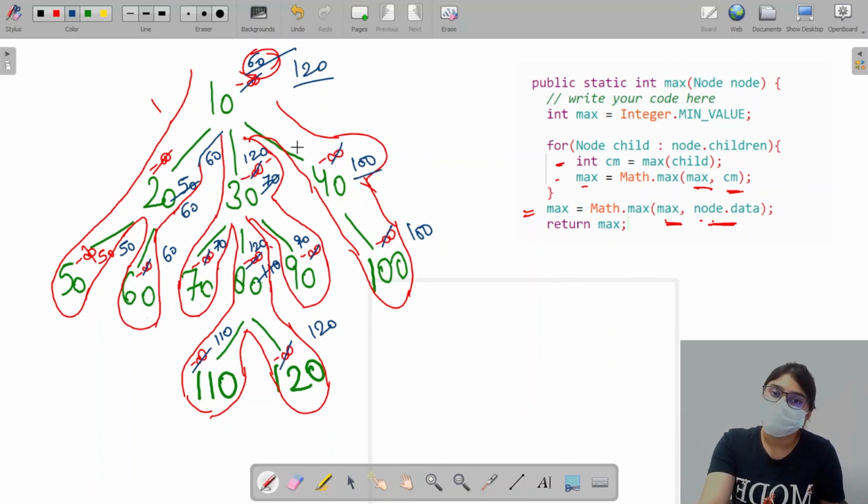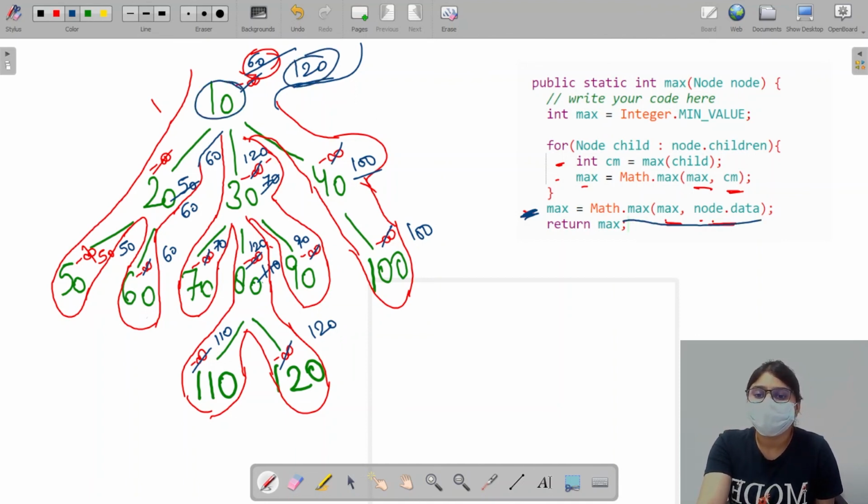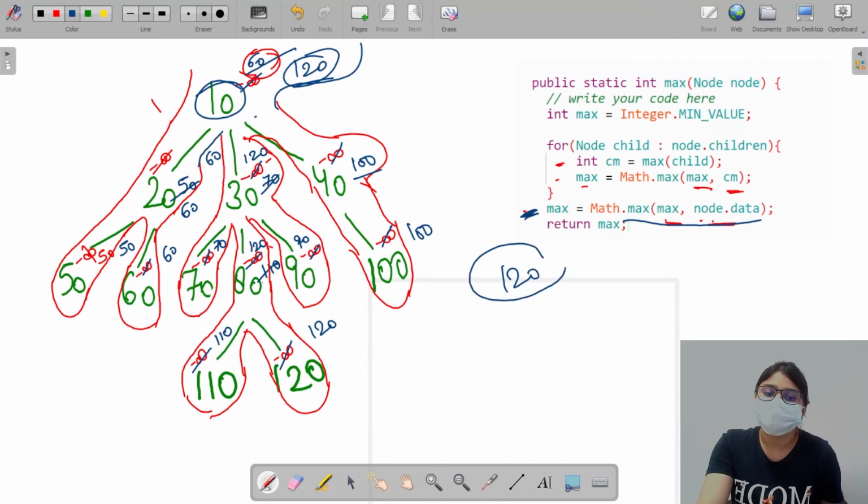So 120 is already greater than 100, so it won't get updated. Now we come out of the loop, we run this line. Our maximum is compared with node.data. So our node.data is not greater than our maximum, so we'll just return 120. So that is our maximum value for this generic tree.